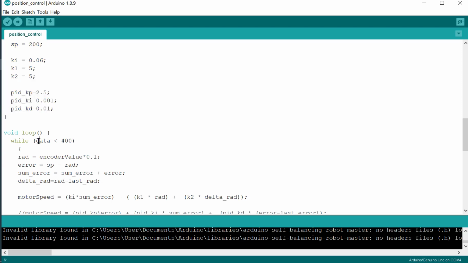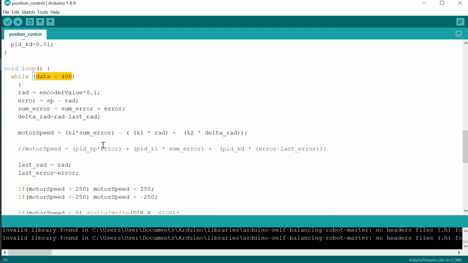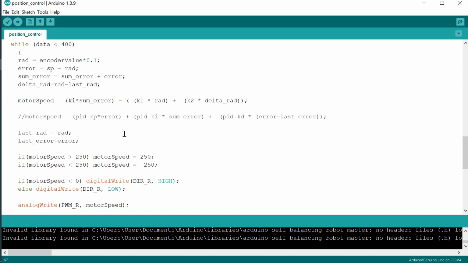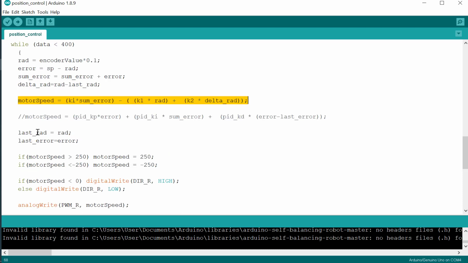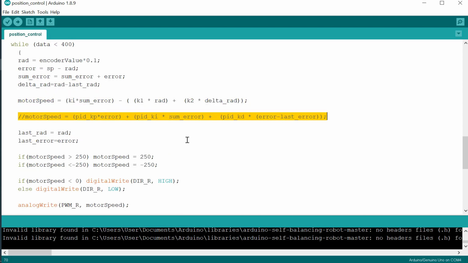So I limit the data to be 400 here. So when the data reaches 400, the experiment will stop. This is the program to calculate the radian value, the error, the sum of error, and also the delta radian. This is the integral state feedback. This is the PID controller.